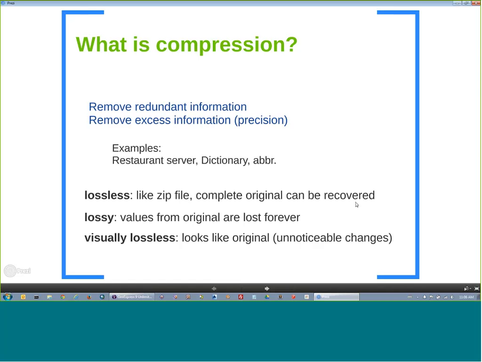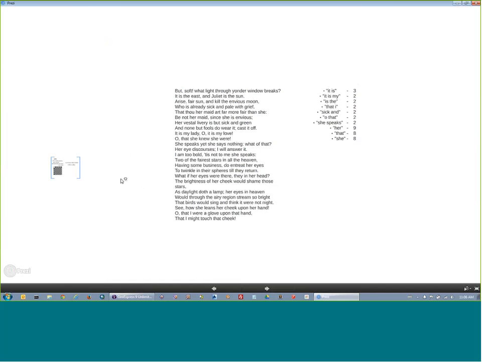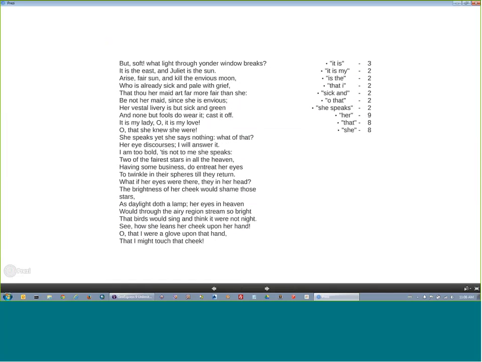You can think about a dictionary as well. You can think about abbreviations. If you think about a big paragraph of words, you could replace it with numbers that represent their place in the dictionary, for example, and you might have a nice, smaller, compressed file. And real quickly, if you think about this Romeo and Juliet here, if we count up the words,